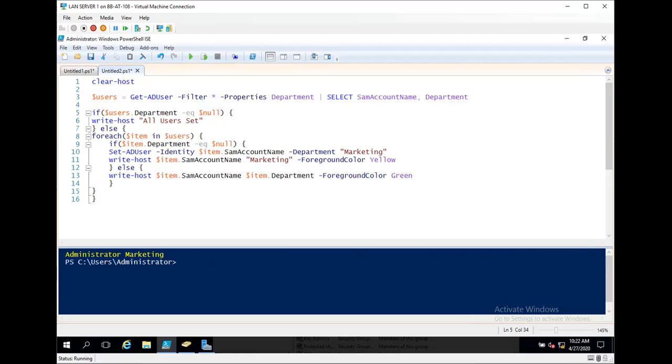So they wrote theirs quite a bit simpler. So if department equals null, then